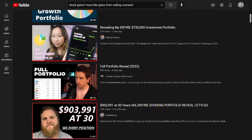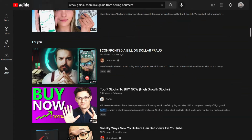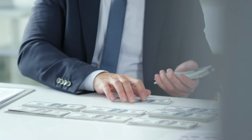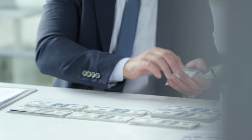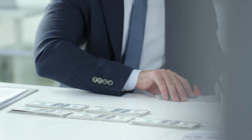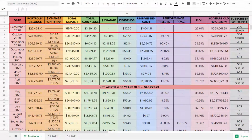That's why whenever YouTubers show off their 6 or 7 figure portfolios, I always am a bit skeptical, because their $1 million portfolio might actually consist of a stock gain of $1 and a deposit of $999,999. And that's why I've been doing these monthly portfolio updates since September 2020, because I love keeping track of